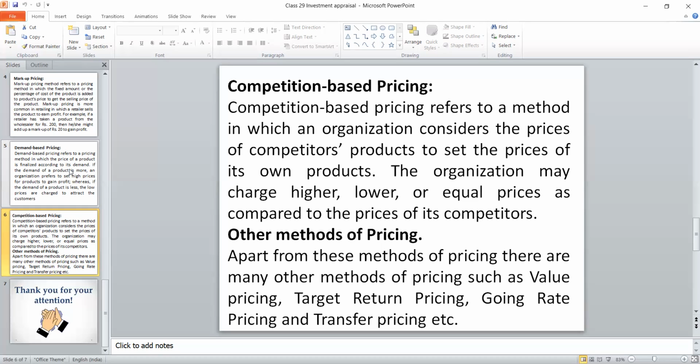Last one, transfer pricing. This transfer pricing is nothing but, in a particular place, the price of the product is say X. Suppose he is delivering that particular product in some other place, for that he is incurring a transportation cost. Suppose he is making a bulk purchase in the same place, then we have to give a deal. So the additional sales promotion cost, transportation cost, or other service costs will be added to the price